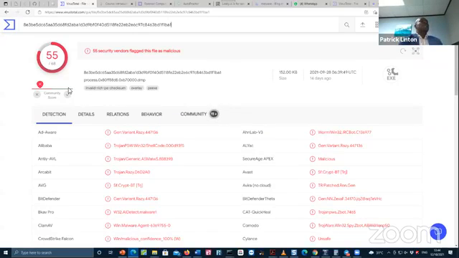VirusTotal has a large number of malicious application scanning engines, right? And different scanning engines will identify your binary with a different name, right? So you look at this one, it says 55 vendors flag this as being malicious.